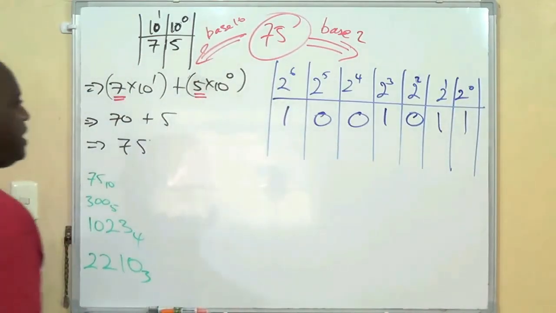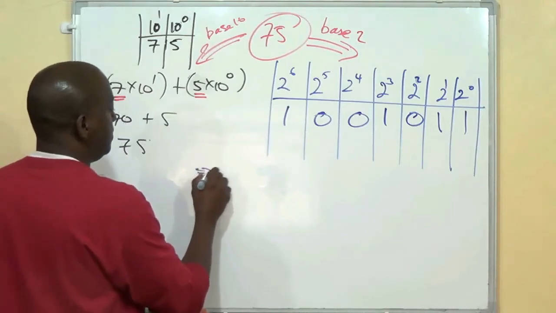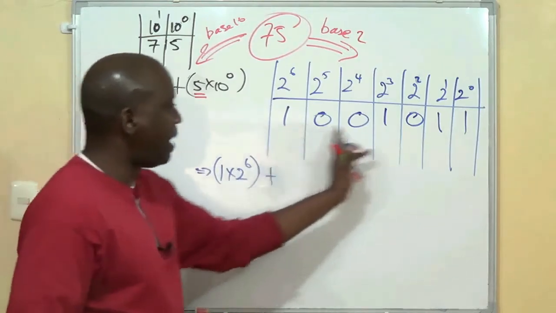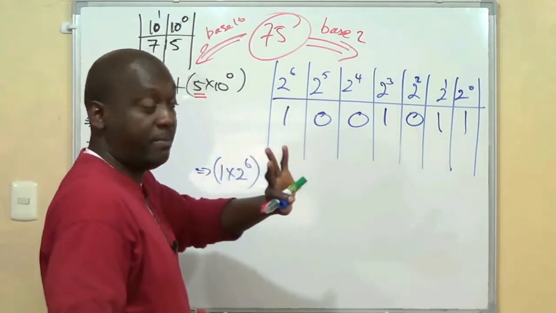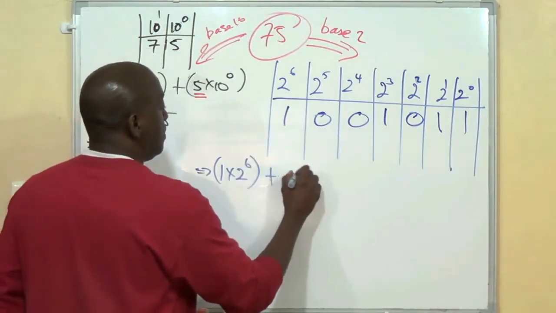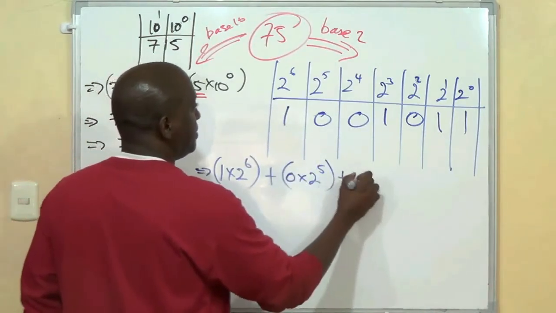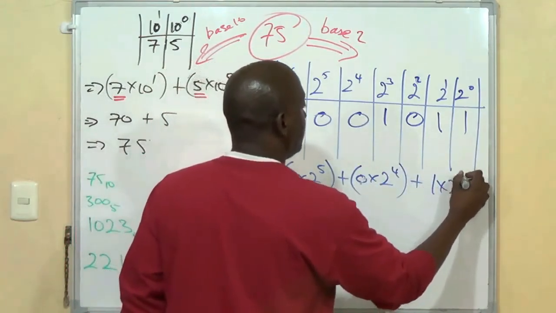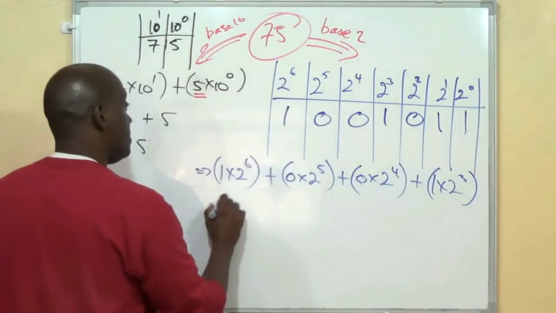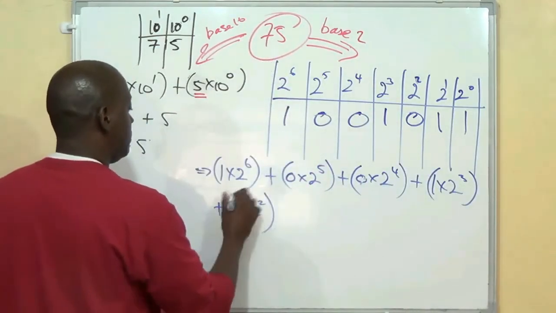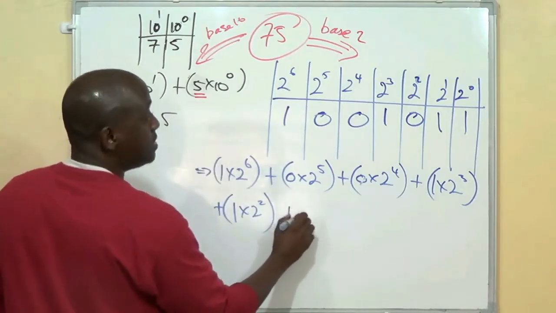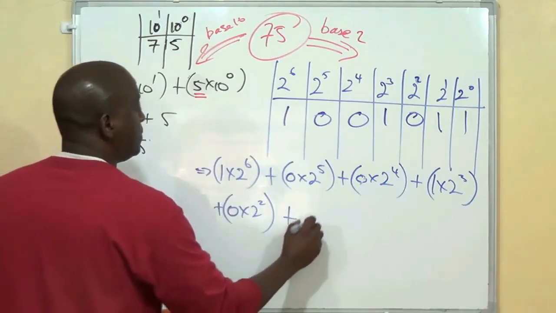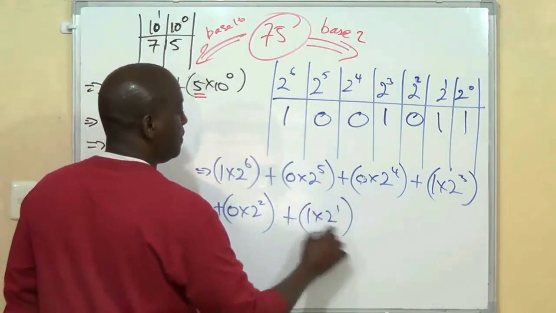So 75 in base 2 is equal to 1 by 2 to the power of 6 plus, I'll put in the zeros just for emphasis, but we don't have to put them. Maybe you would have realized that by now. Plus 0 by 2 to the power of 5 plus 0 by 2 to the power of 4 plus 1 by 2 to the power of 3 plus 1 by 2 to the power of 2 plus, sorry, 0 by 2 to the power of 2 plus 1 by 2 to the power of 1 plus 1